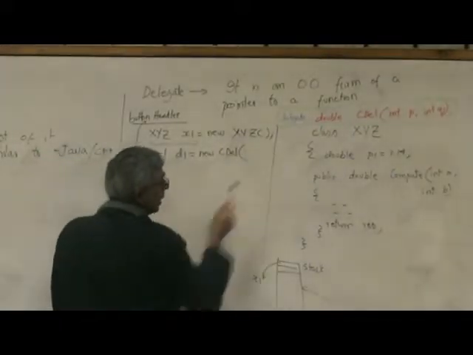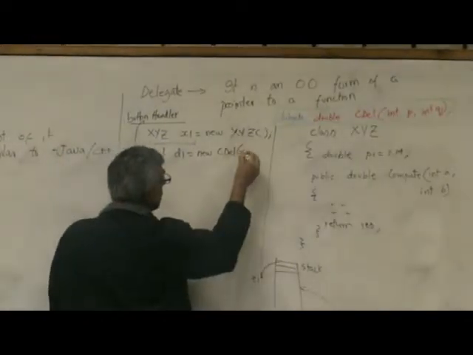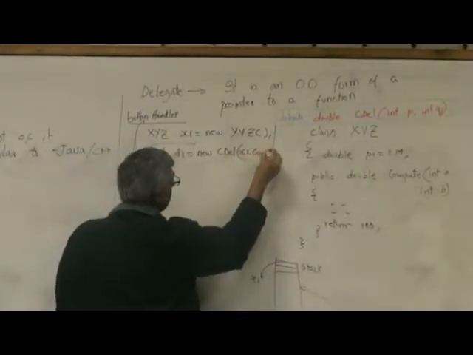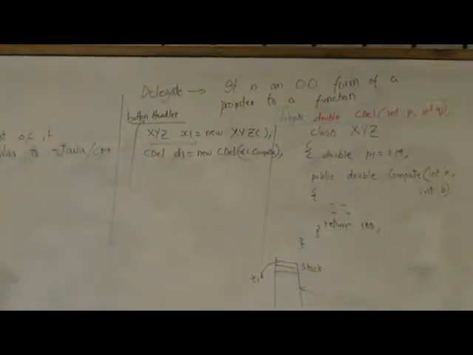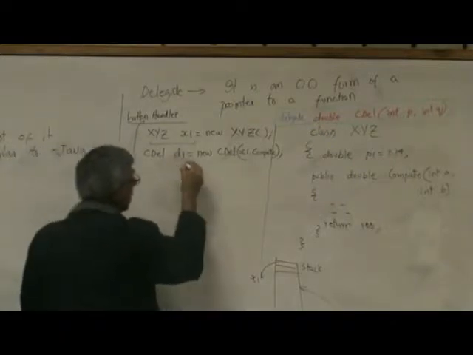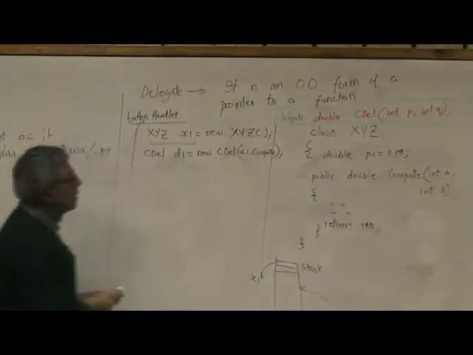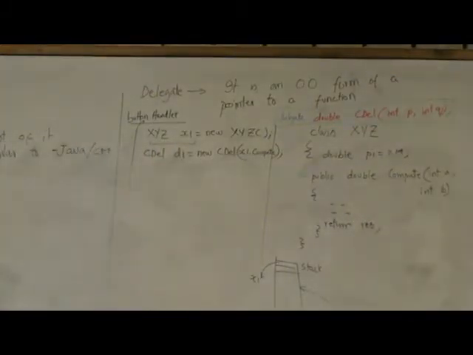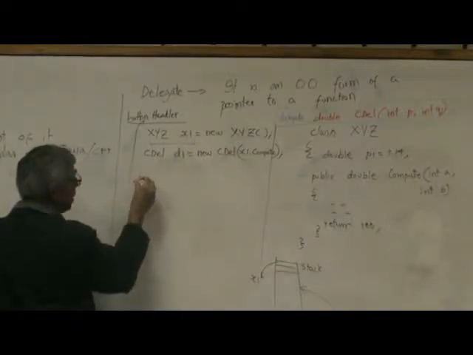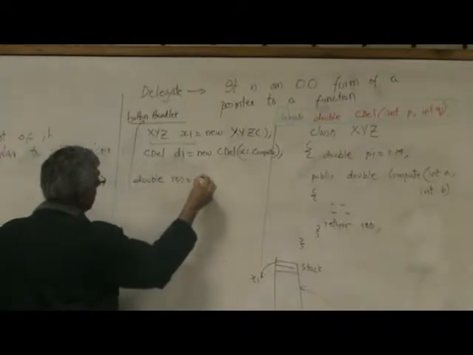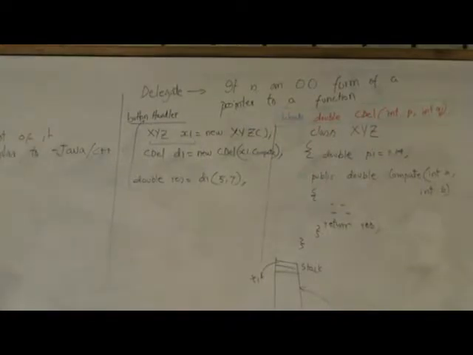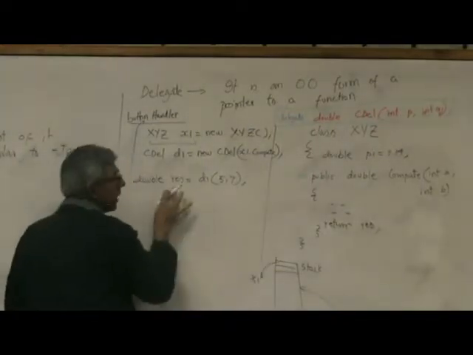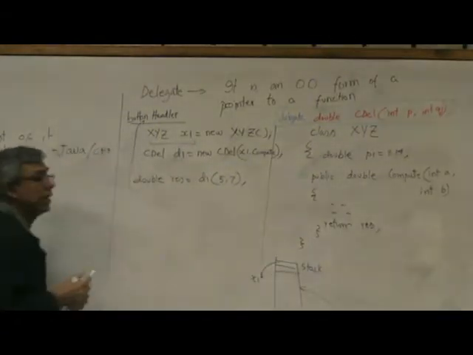Since we are interested in pointing to the compute function, all you have to do is x1.compute. Okay. So as soon as we execute this line of code, what will happen? D1 is now pointing to this function. Okay, if our goal was to make a call to this function, we can simply say, for example, double result equal to D1 of 5 comma 7. Okay, so now this will end up calling this function,